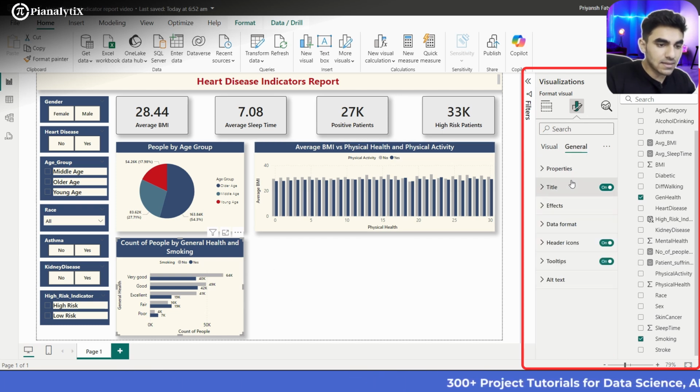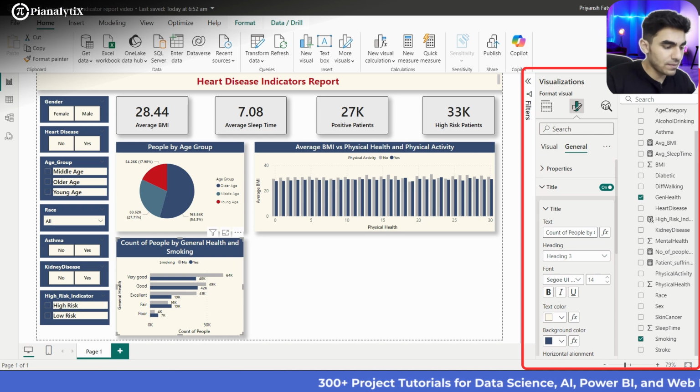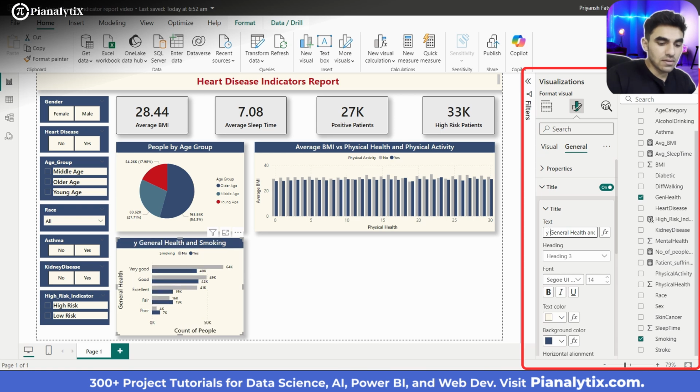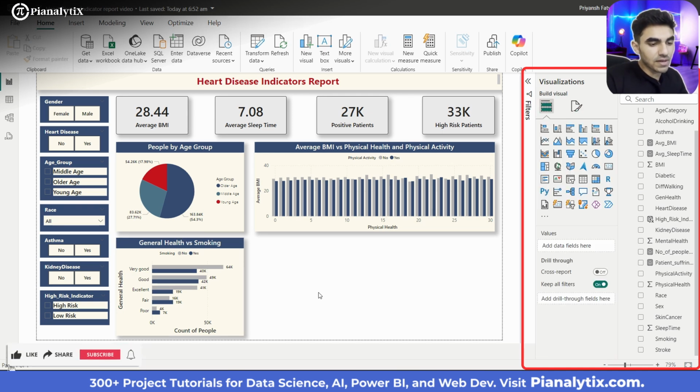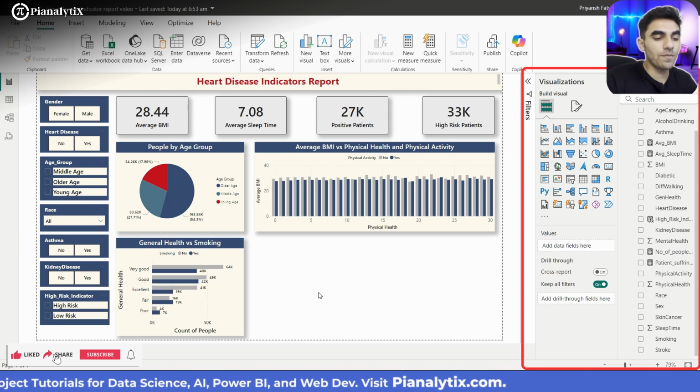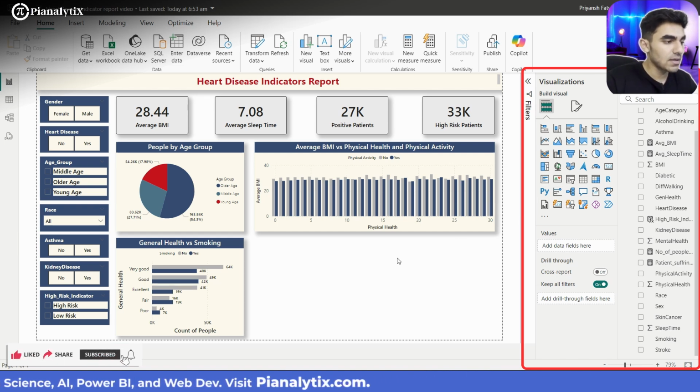Just the title is left to change, which will be general health versus smoking. That's the title I'm gonna use here, like this. Perfect. We'll save our progress and we'll move on to create our next chart, which will be a donut chart